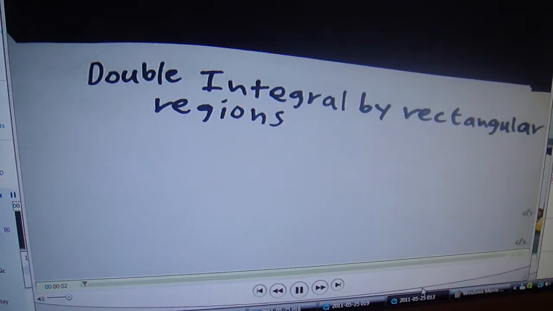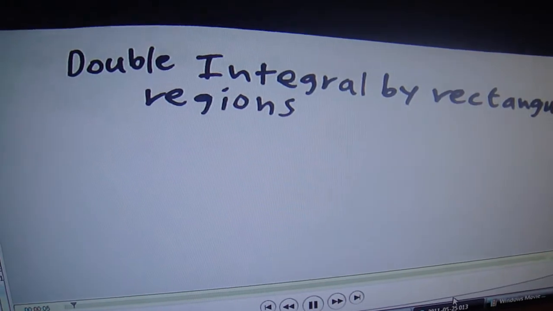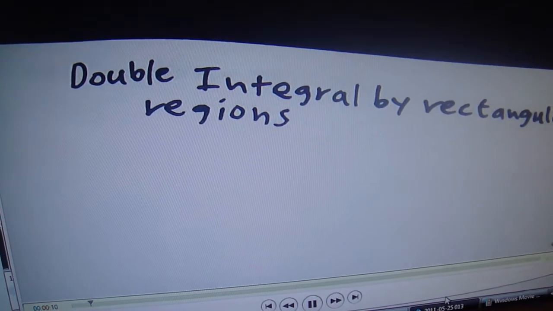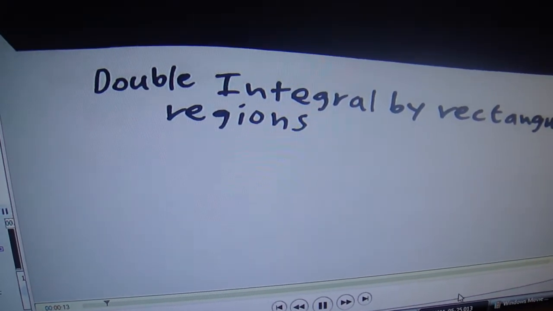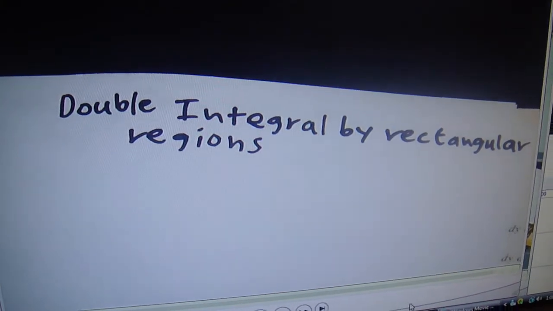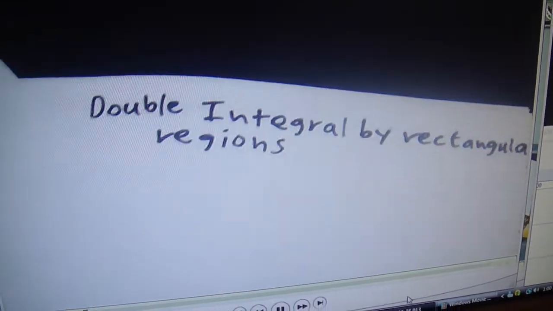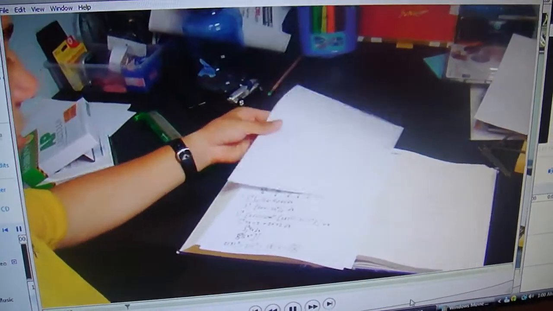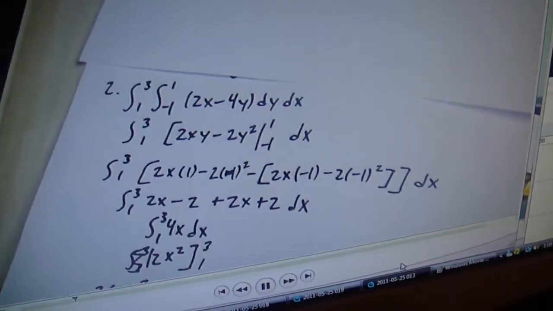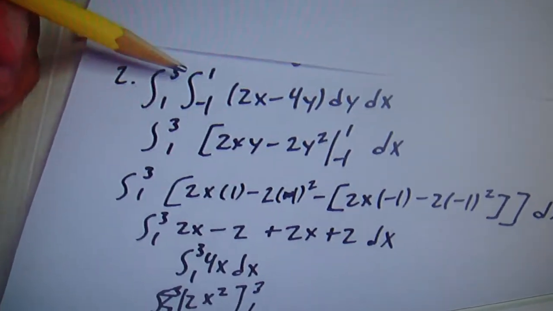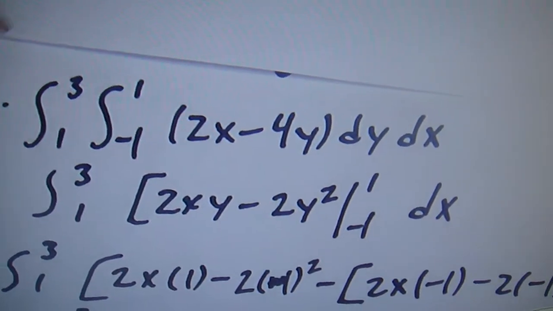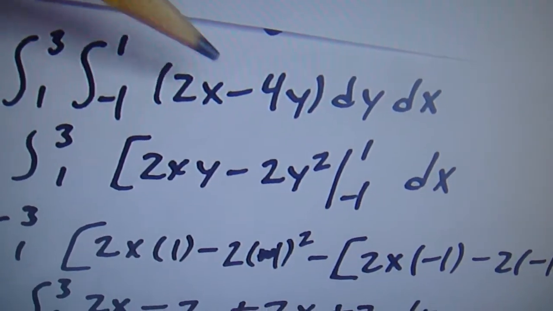So what I'm going to show you through 2 and 3 is what is called double integral by rectangular regions. It means that all integrals have a base of a rectangular region of x and y, and for number 2 here, what we have is first the y limits, and then we have the x limits, and we have the equation within the